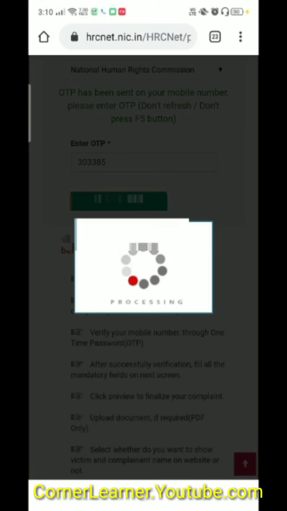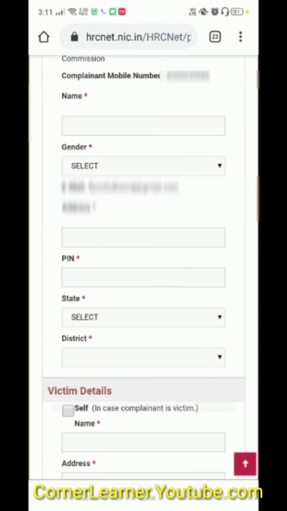There is no need to create any type of password for it. It just needs a one-time password so that we can enter into it. After that, you'll be entered into this page.